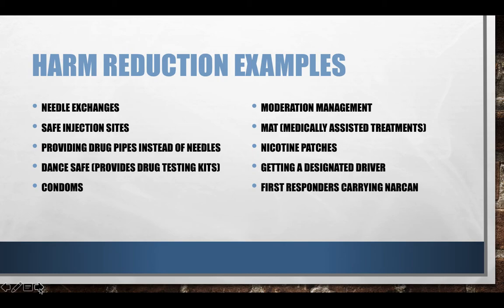All right. So we've talked about all these harms, and we will spend more time later on looking at harm reduction. But some basic harm reduction examples are needle exchanges, safe injection sites, providing drug pipes instead of needles. Dance Safe is a Seattle-based organization, and they provide drug testing kits as well as condoms and water at raves. And then moderation management,